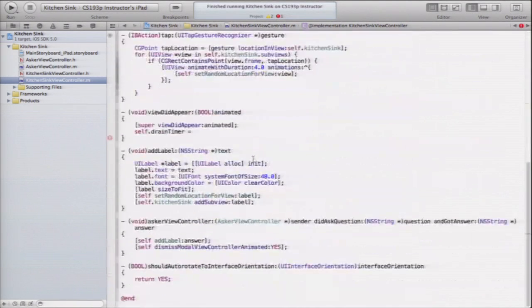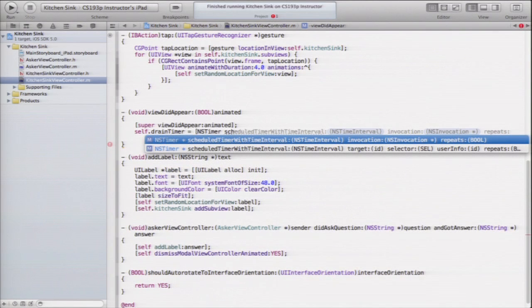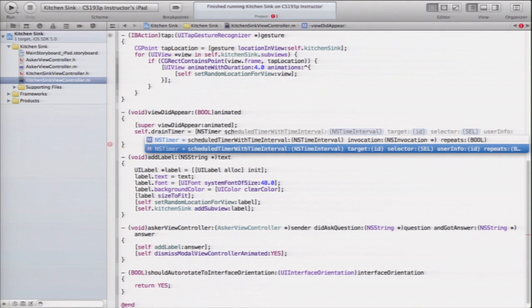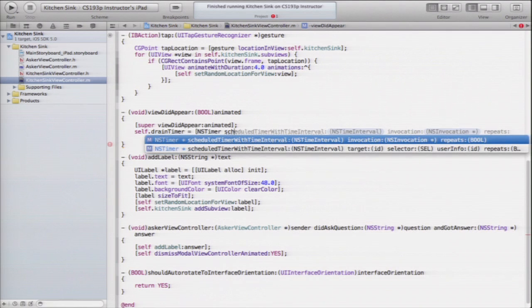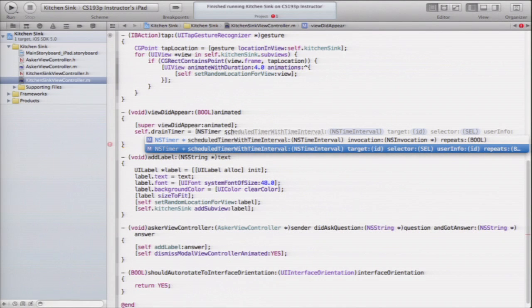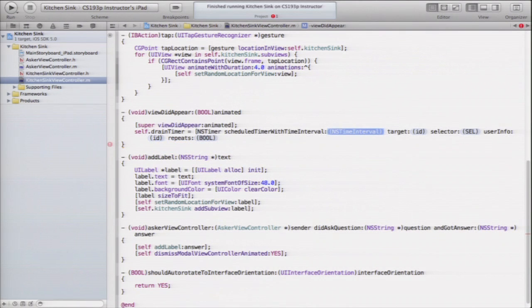Okay, and so then in viewDidAppear, we're just going to create our drain timer, and we're going to use this API that I showed you, which is scheduledTimer. And you can see there's a couple of different versions of this. One of them uses targets and selectors, which you're used to. This NSInvocation is a class that basically encapsulates the calling of a method. But target and selector is kind of an easier way to do that, so we're going to use this form of this. And the time interval we're going to use, let's be good and call it drain timer,